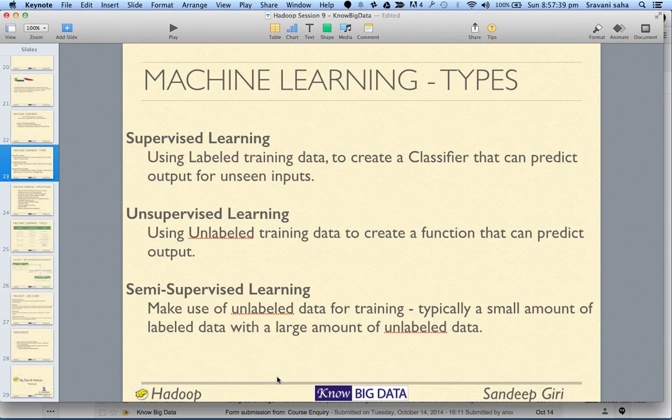So basically, supervised learning is: we have already classified that this is spam, this is not spam, and let it automatically figure that out. Let it learn from your classification to further classify in the future. That is supervised learning, because we are supervising it all the time in the beginning. Now there is something called unsupervised learning, using unlabeled training data to create a function that can predict output. What does it mean? It means that,